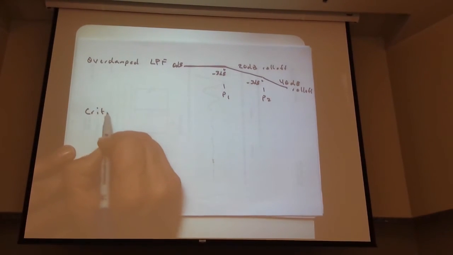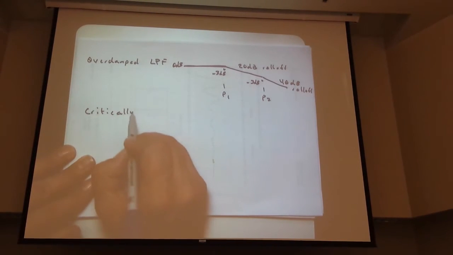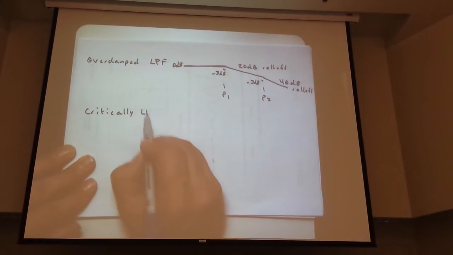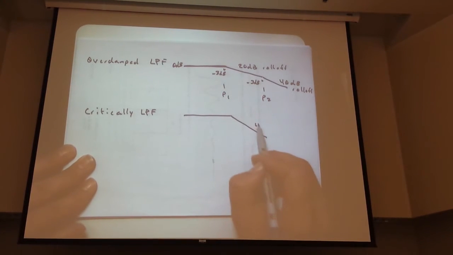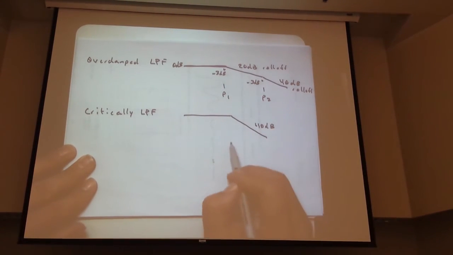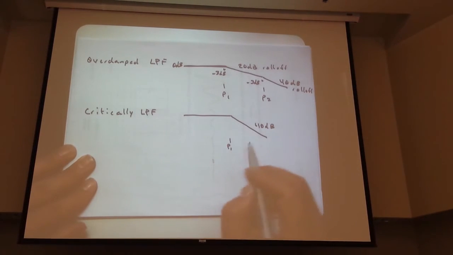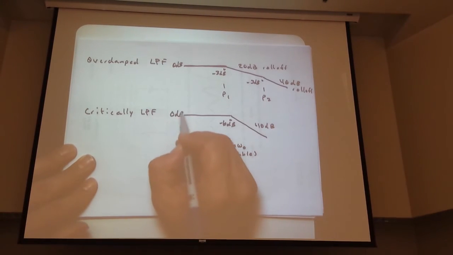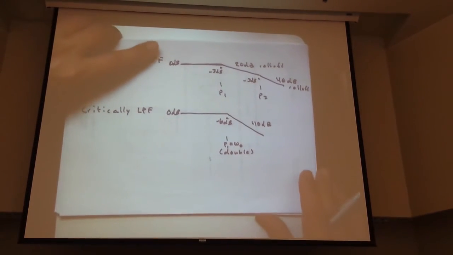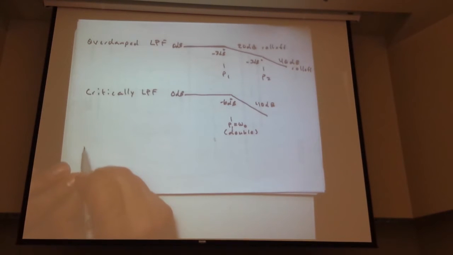Critically damped. Low pass filter, same thing. This is 40 dB roll off. This is P1, which equals omega naught, so that's a double pole. And this is a minus 6 dB correction relative to the pass band. Underdamped is different